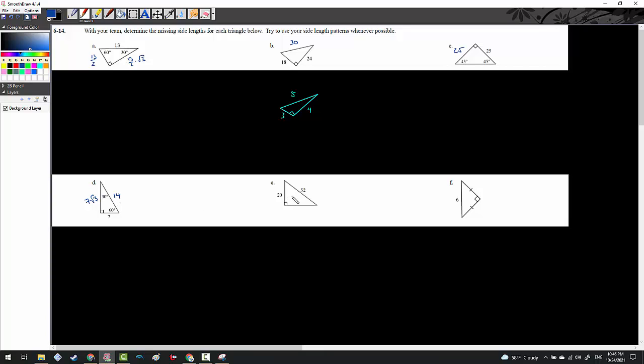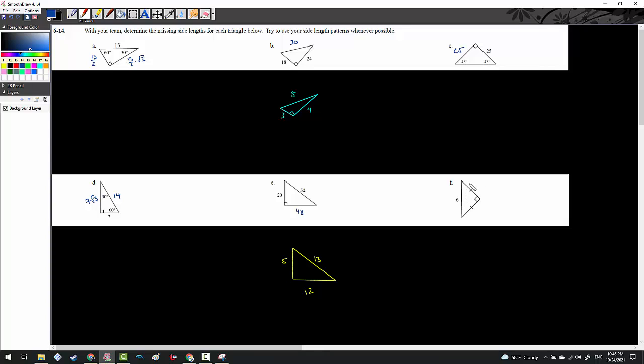20 and 52. Let's see what that scales down towards. I have a sneaking suspicion I know what it's going to be. I'm pretty sure if I divide everything by 4, I'm going to get a 5 and then a 13 right here, because 13 times 4 is 52, which means that final side there is going to be 12. And as long as I re-multiply by 4 to get back to the original triangle, I should end up with 48. And then this is 6, which means this is going to be a little weird here,